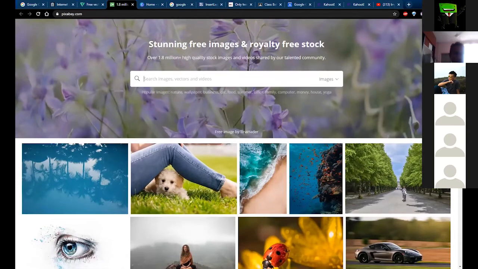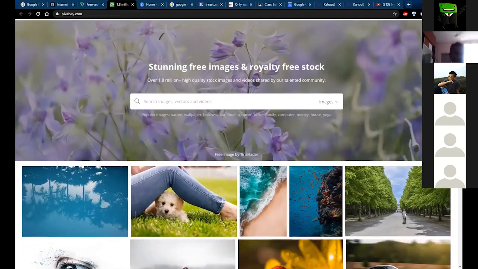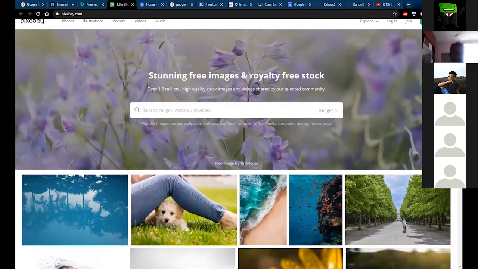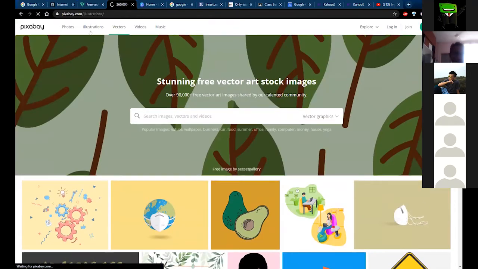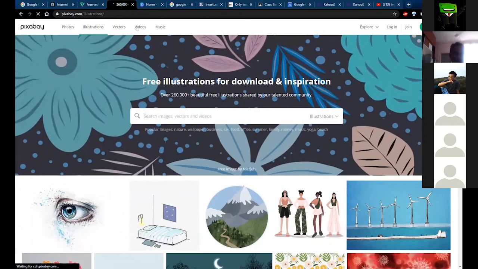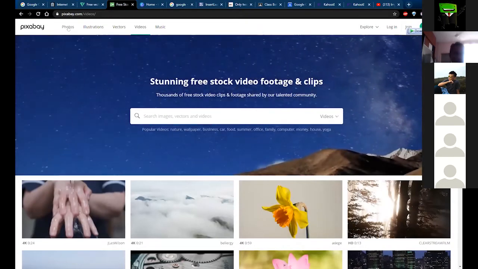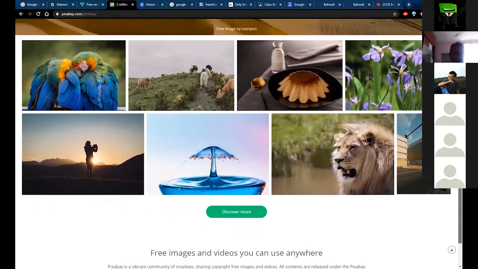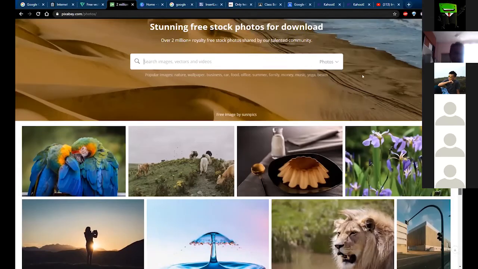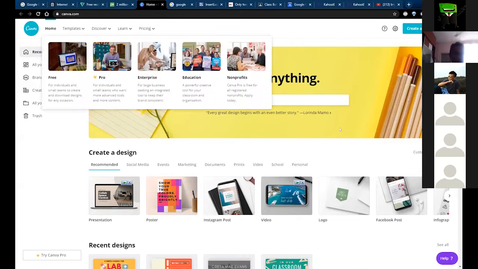The next one is Pixabay. This is an online platform for free stock images and videos shared by a community. You can see they have vectorized photos that you can use. They also have illustrations. You can also search for stock videos you can use. This is a very helpful tool to put more illustrations in your teaching material, or for the students to use when presenting or for a project.